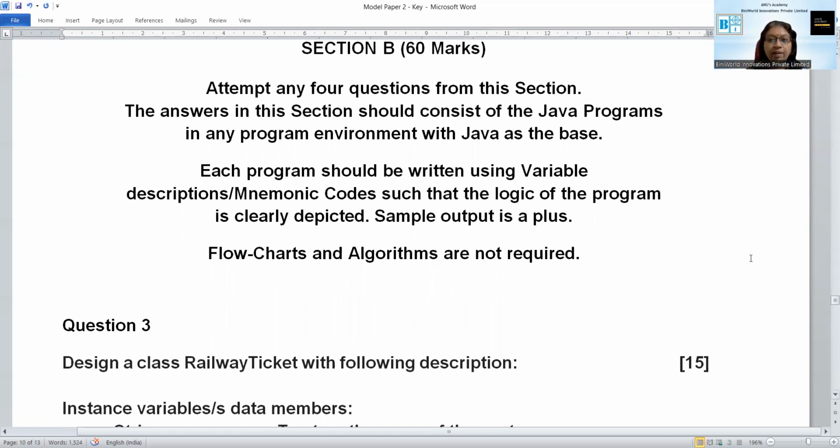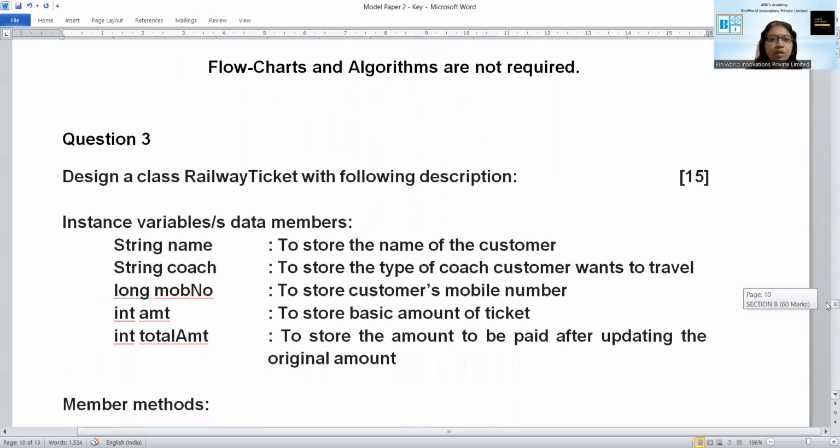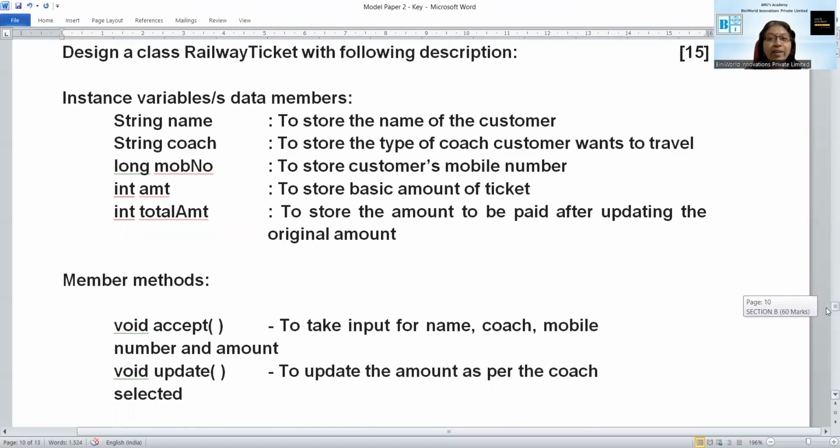Okay. Here you have to follow the proper programming style, the starting and in-between comments, as well as the variable listing. And sample output is always a plus. Okay. So here the first question, in most of the papers, the first question will be like this. You are given a detailed description of a class. It may be a little lengthy, but very simple. It will be a scoring